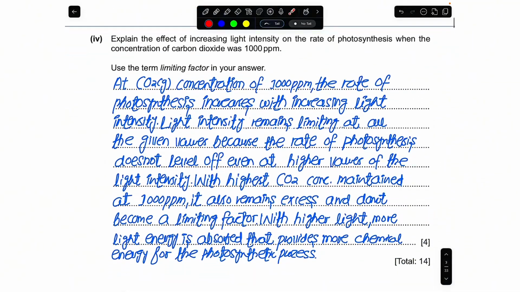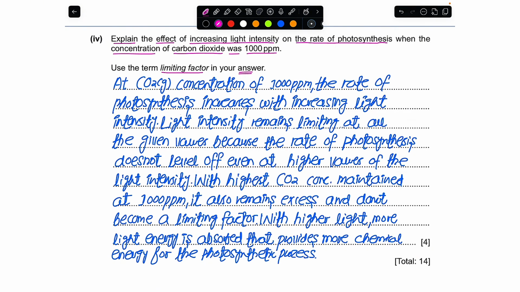Moving onward to the next part, this is part 4 of this question. For the total of 4 marks, the examiner is asking you to explain the effect of increasing light intensity on the rate of photosynthesis when the concentration of carbon dioxide was 1000 parts per million, and he is clearly asking you to use the term limiting factor in your answer. So for 4 marks we are required to give 4 reasons in order to score full